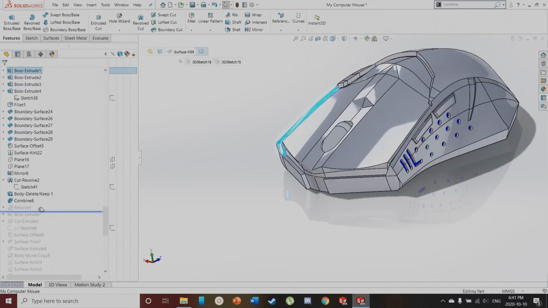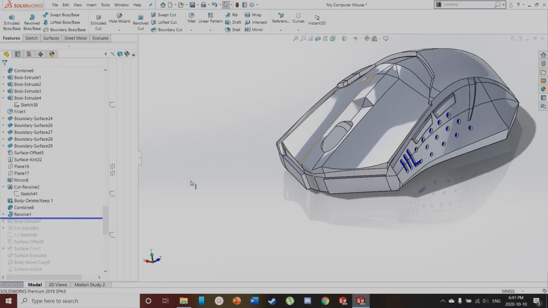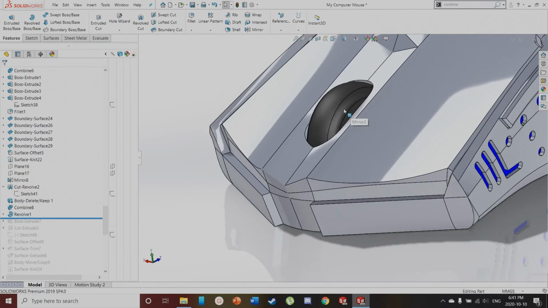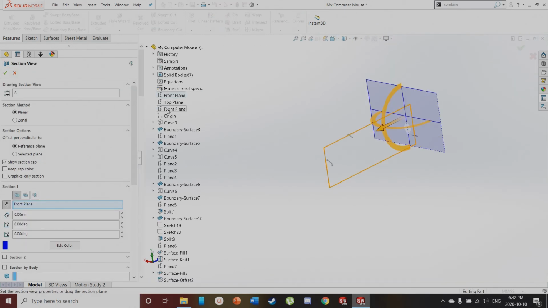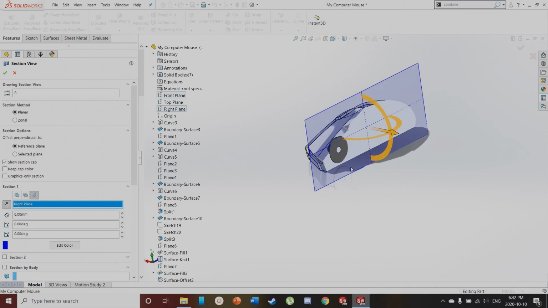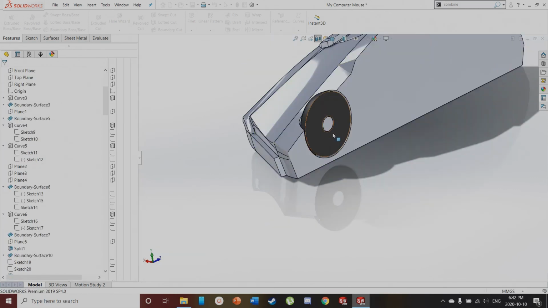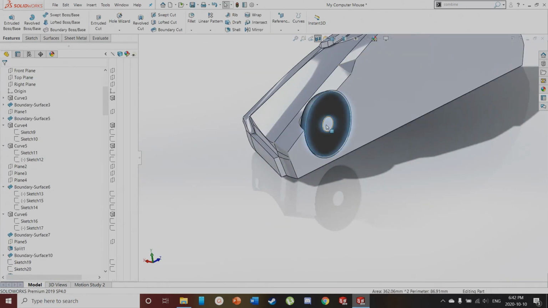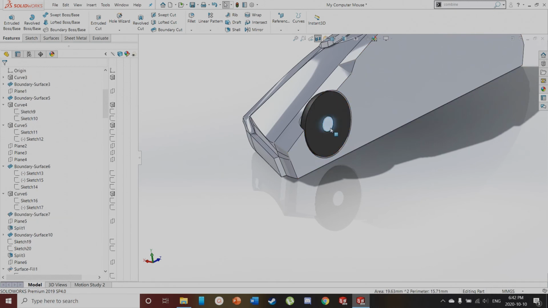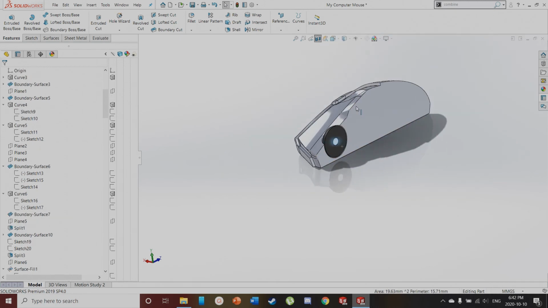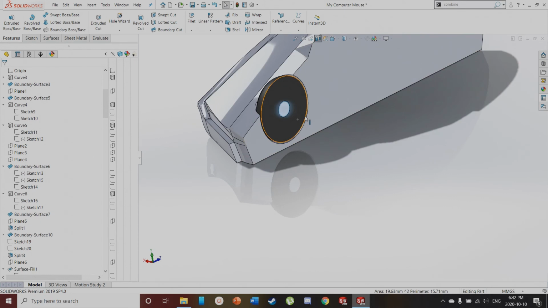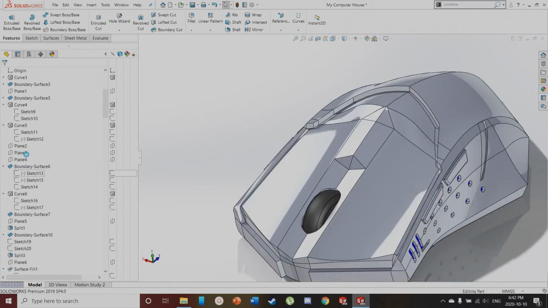Next step is I created a revolve, a new body, this scroll wheel, and I boss extrude and cut extrude here. I'll show you with a section view. The extrusion and the cut is creating this hole and this rod for the mouse wheel to sit in. So if it was going to spin, it would be able to. All right, next step